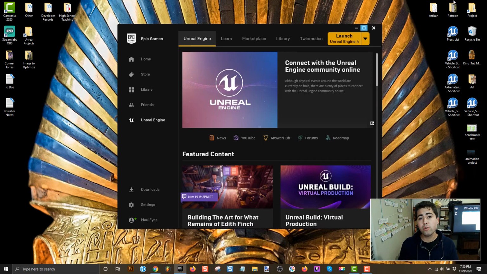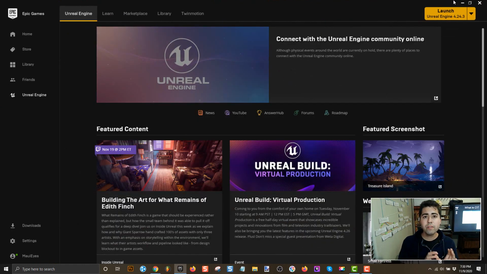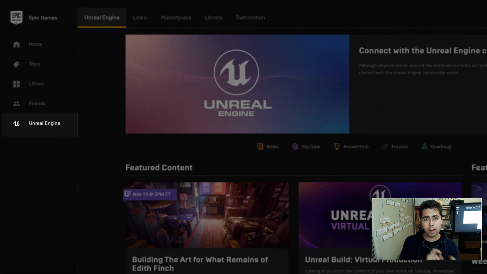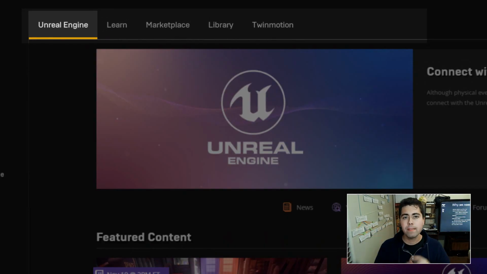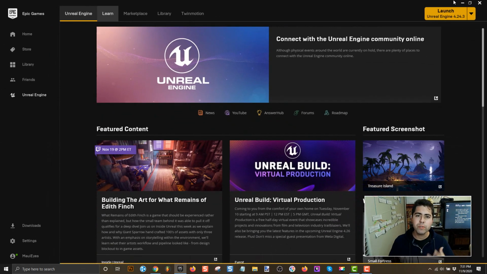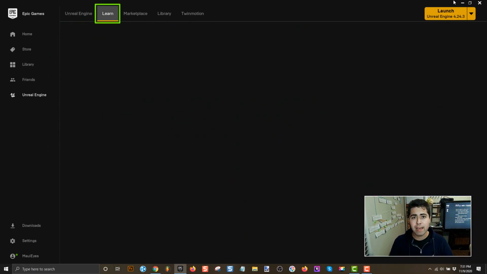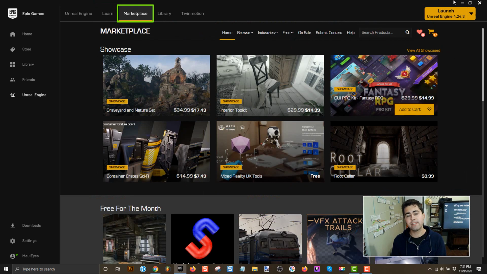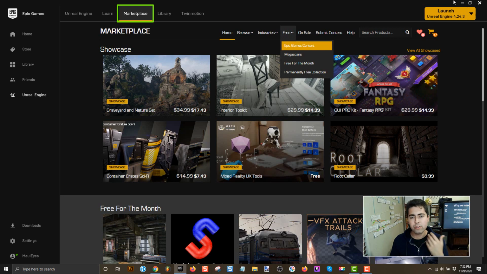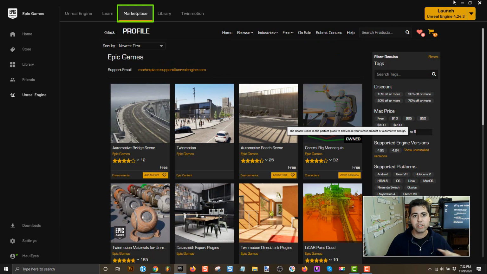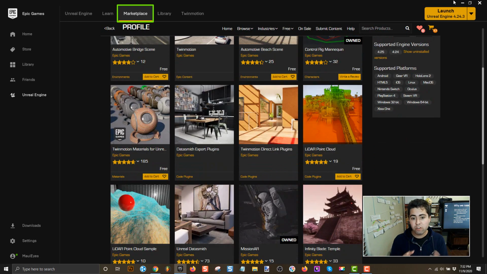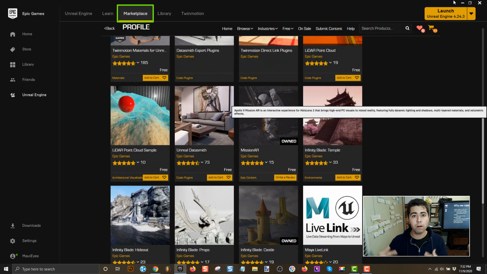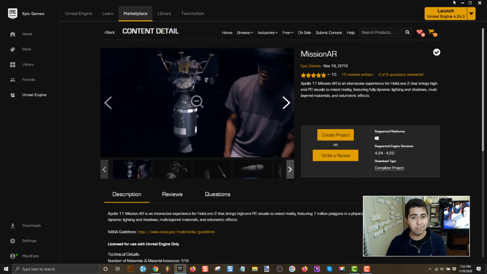Once signed in to Epic Games Launcher, there's an Unreal Engine tab on the left that you have automatically selected or should select, and then you'll have this bar on the top. That bar has different categories for exploring what you can do with Unreal. The first one's like a news feed. The second one, the Learn tab, has example projects and tutorials. And the Marketplace has free assets like 3D models and landscapes and characters and sound effects and code and all kinds of stuff that you can throw into your game, reverse engineer, and make work for your project, be it a game or something else.